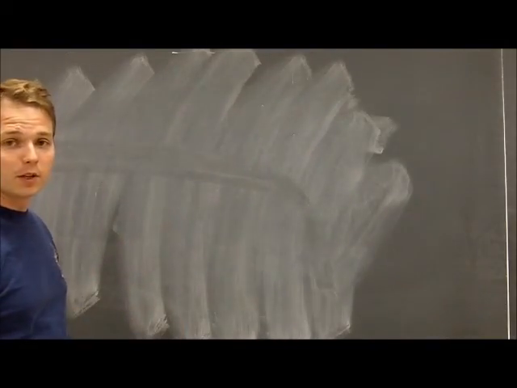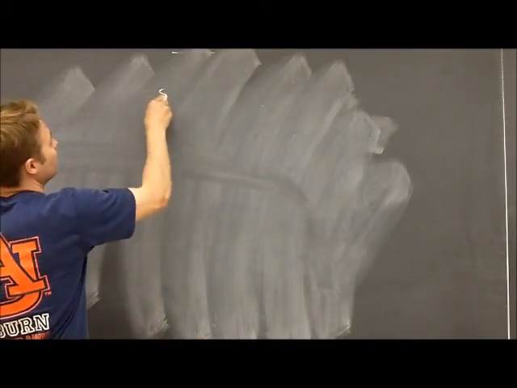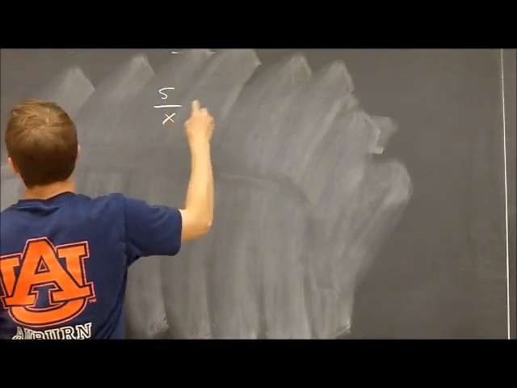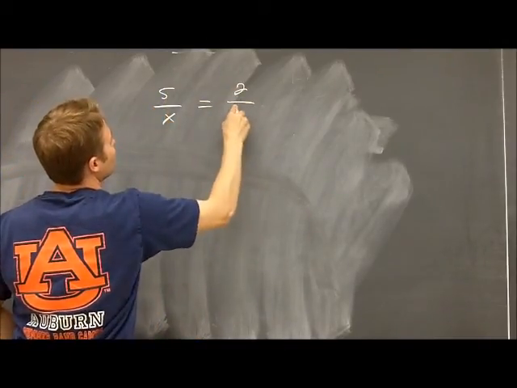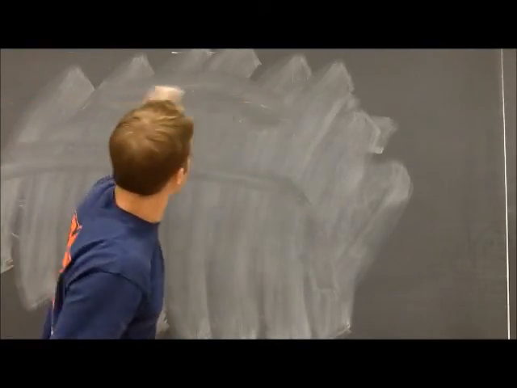So take a quick look at a couple of these proportions, how to solve these. We'll start with a simple one. 5 over x is equal to 2 over 3. And what we can do here,